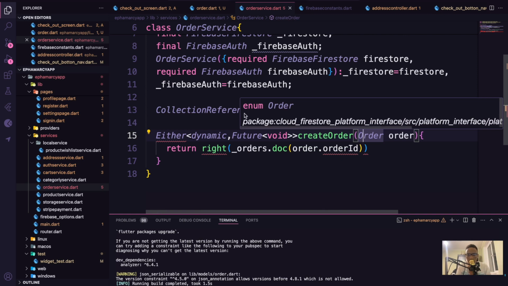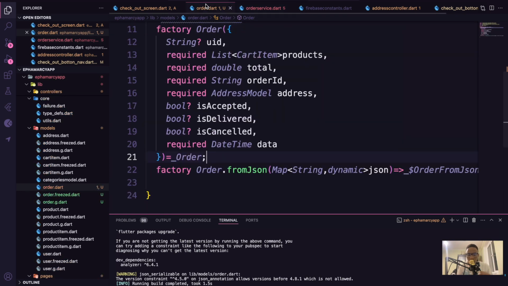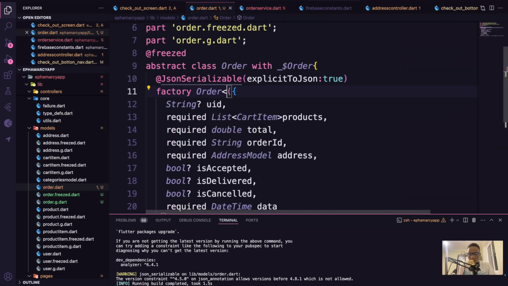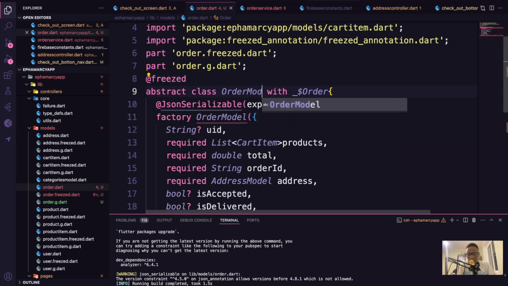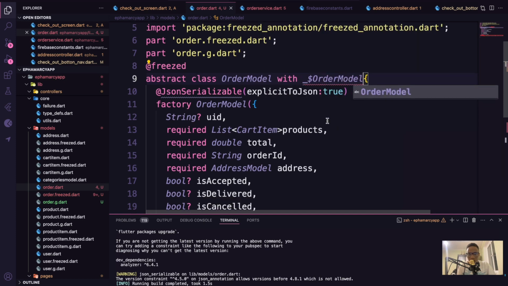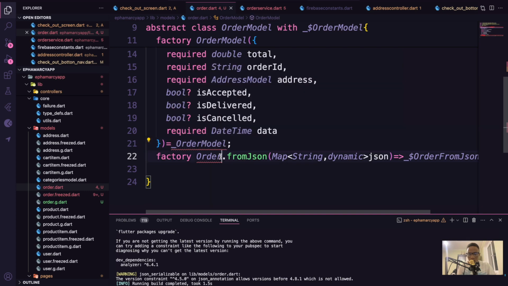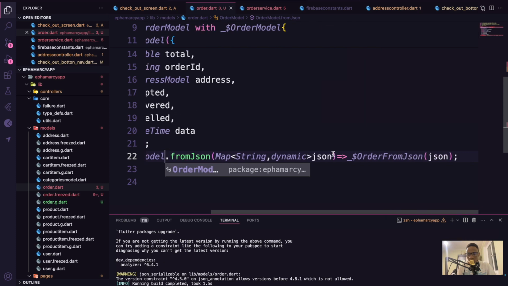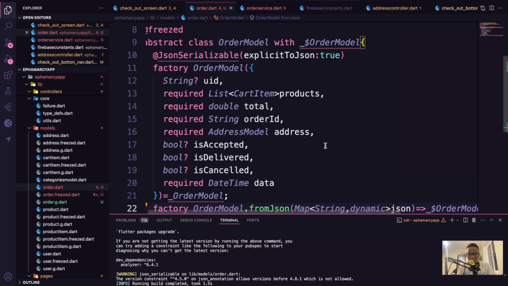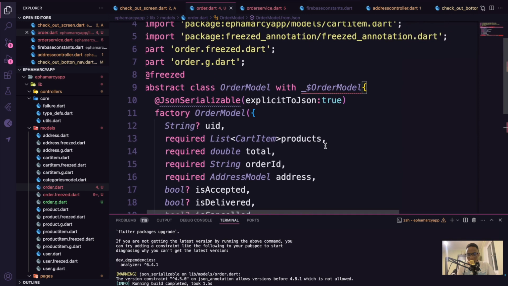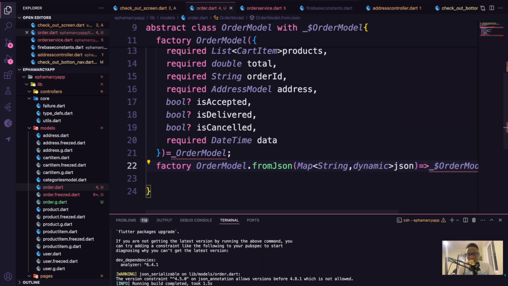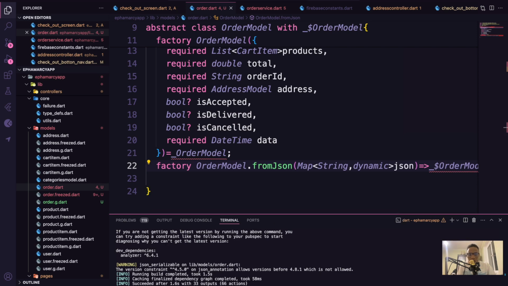So order exists inside the Cloud Firestore. So what we need to do is let's just change this to order model. So it's clashing with another class. So let's just change this to order model. And then order model from JSON. Okay. Order model. Yeah, I think that's it. So let's just run